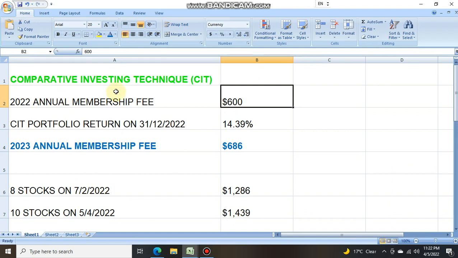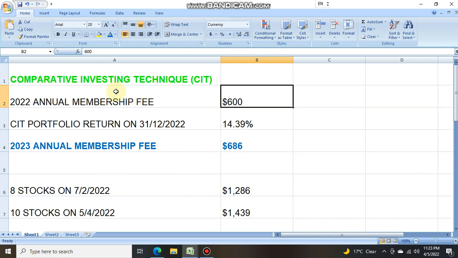As we mentioned just now, we are going to peg our membership fee to the performance of our CIT portfolio. Meaning the membership fee that we charge a member is directly linked to our CIT performance. When CIT helps investors to make money, then of course our membership fee will also increase at the same percentage as what investors have earned. So it's going to be very fair and square, and a very result-oriented